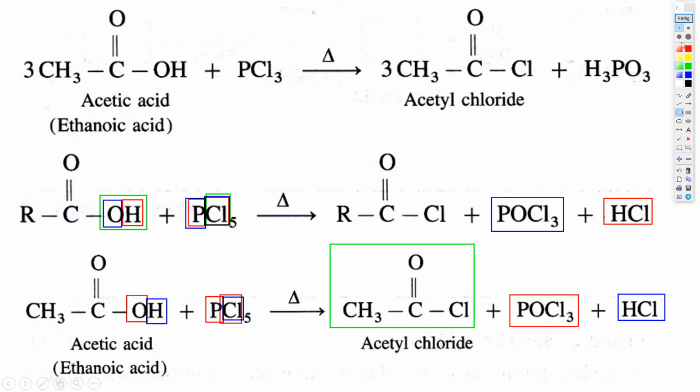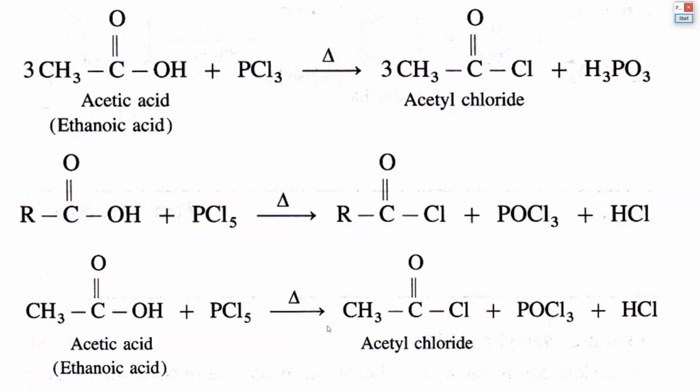So the question will be asked in the exam based on this reaction: what happens when acetic acid or ethanoic acid is heated with phosphorus pentachloride, or convert acetic acid into acetyl chloride, or how will you prepare acetyl chloride from acetic acid? So the explanation of this reaction is, when acetic acid is heated with phosphorus pentachloride, it will form acetyl chloride, phosphorus